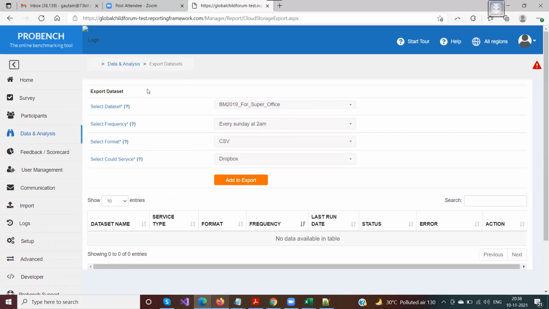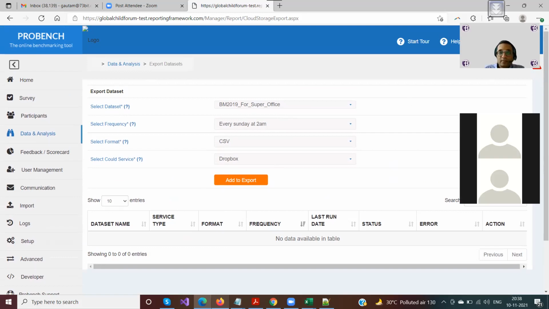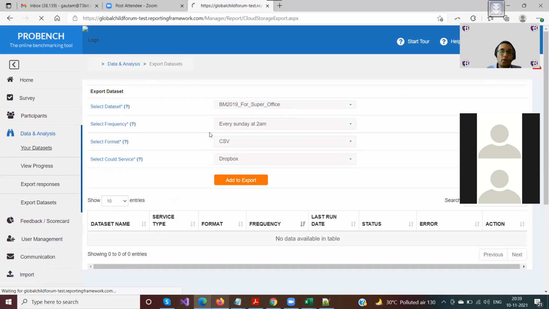Any questions with export data sets? Any question about anything that we have covered today? I think I've already covered the way you can export all the data or access the data out of ProBench. Is there anything you would like me to show in your data sets on a particular field or formula?